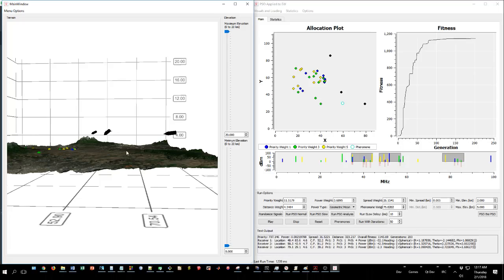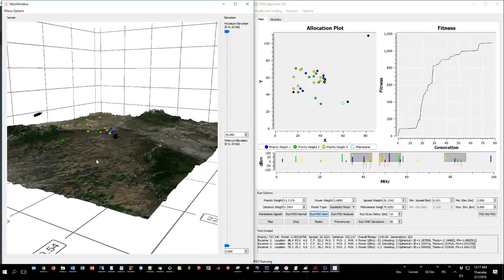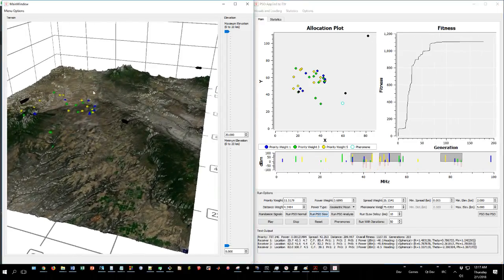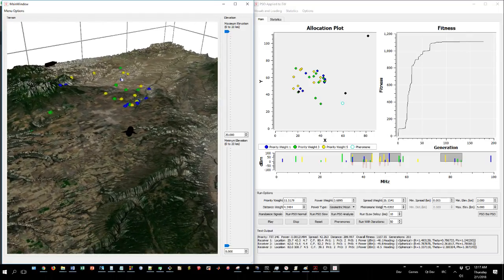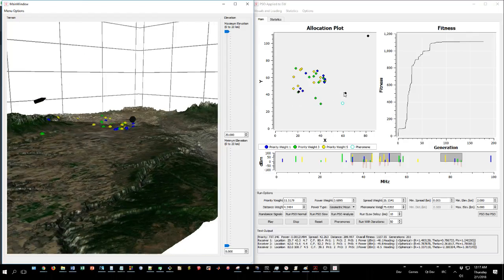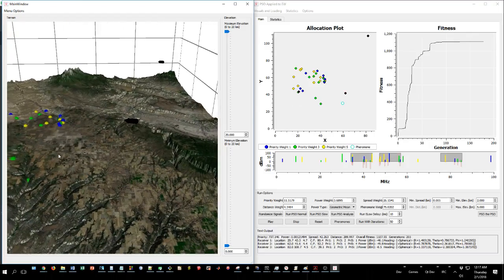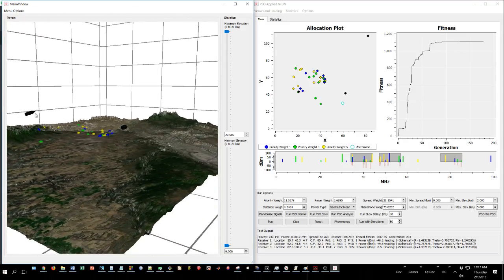Well, I added orientation to the PSO solution, so now when we run it, they're actually pointed towards the targets that they want to communicate with. So you see this guy here, he's pointed over there. We can look here and see that he's actually wanting to communicate with these guys, or he decided to receive those guys. Over here, this guy is pointed upwards,